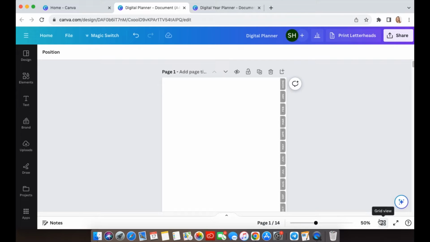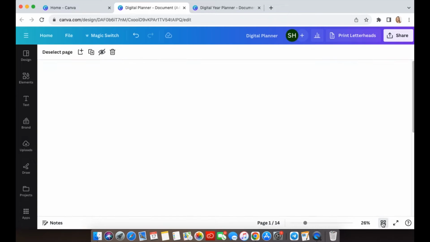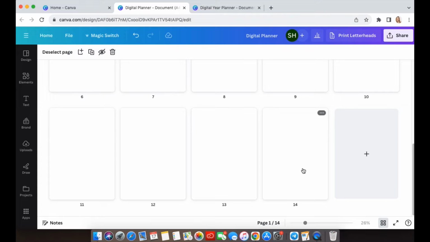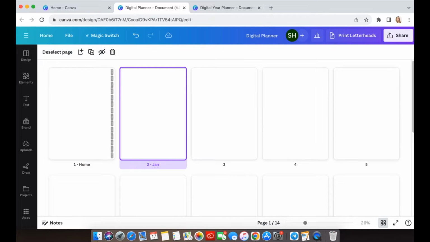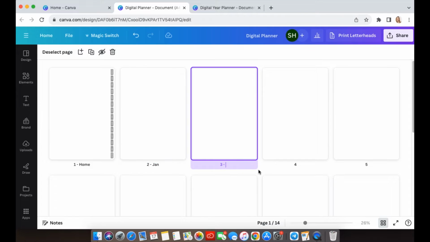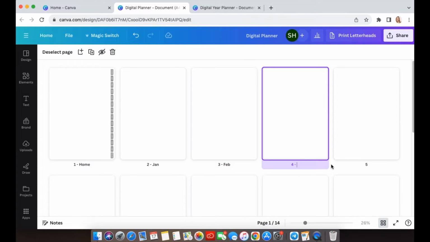So what I'm going to do now is I'm just going to name the pages. So we've created 14 pages to go along with our tabs for each page. So I'm just going to name the pages. This makes it a little bit easier when you're coming to do the hyperlinks, because then you can actually see and check that you are linking the tab to the correct page. So I'm just going to, these are going to be each month. So March,